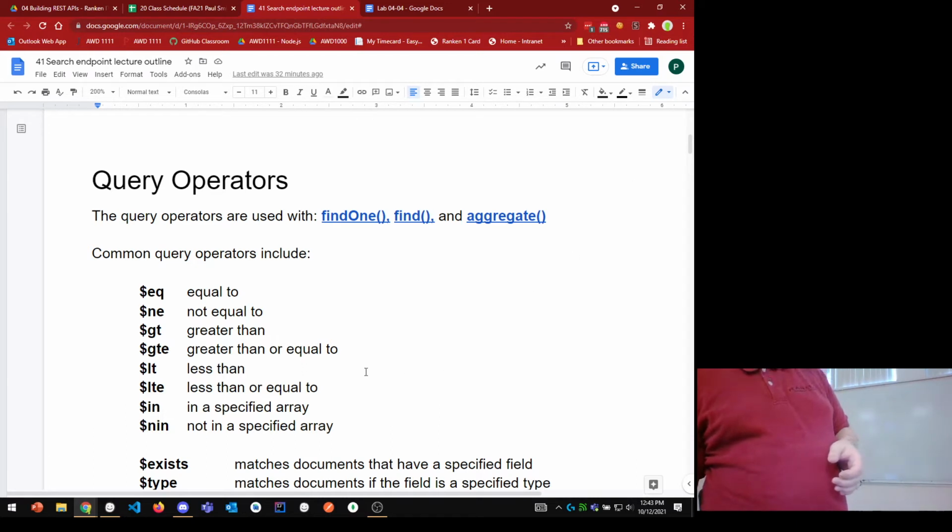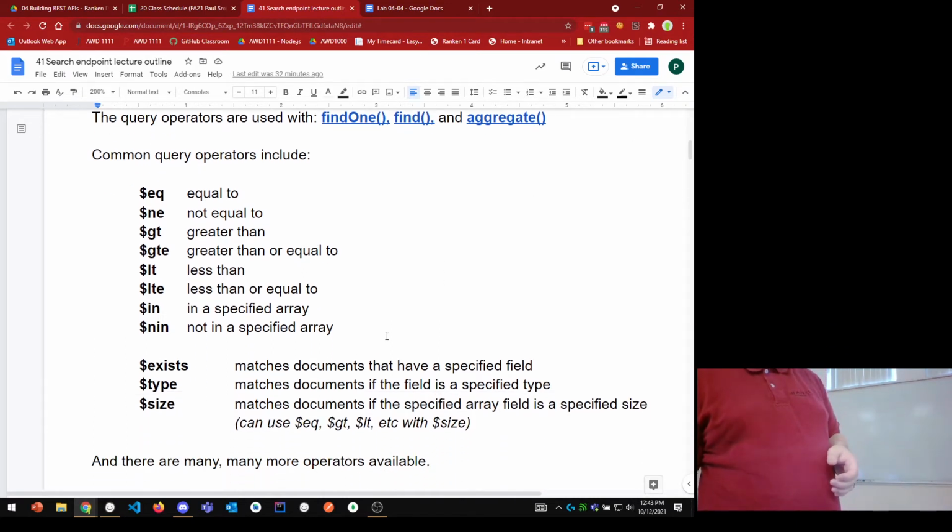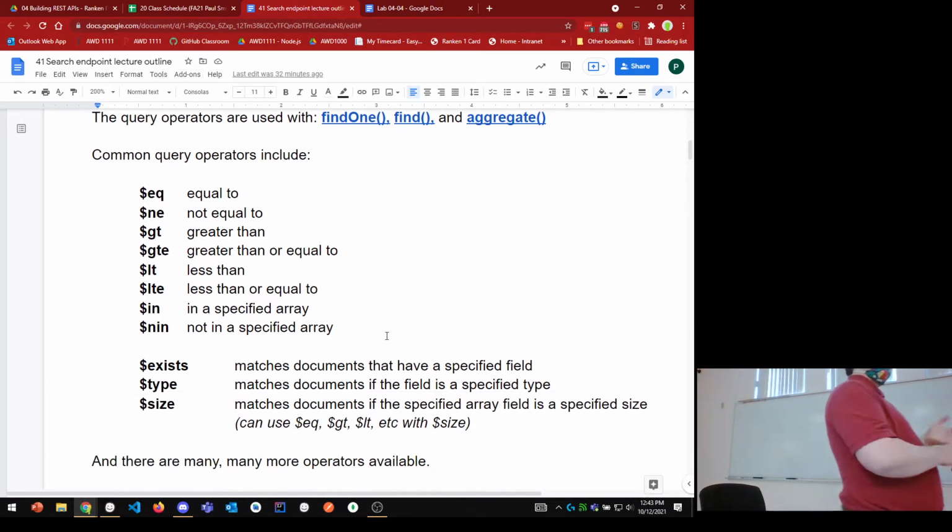So common field operators, query operators that you're going to see. EQ stands for equal. You've got NE for not equal, GT for greater than, GTE greater than or equal to. You've got less than or equal to. You've also got these interesting ones, IN and NIN, not in. So IN and NIN work with arrays. So when you see those, that would be something like,